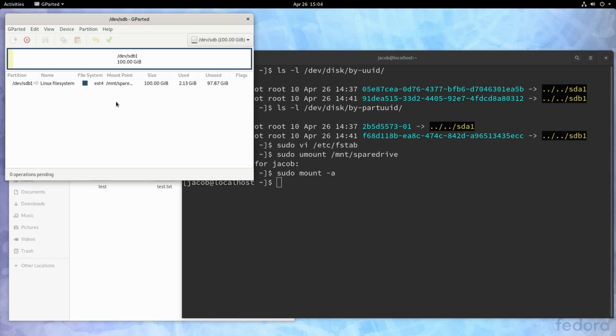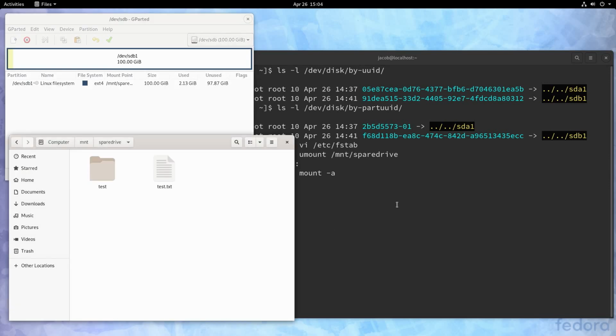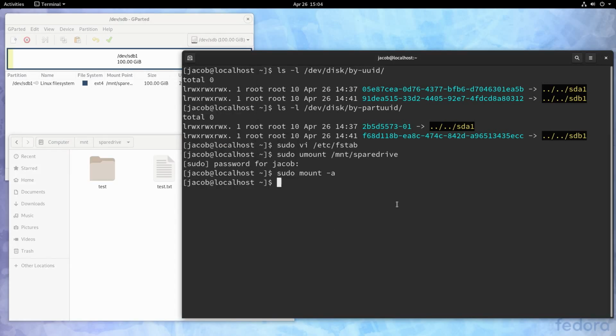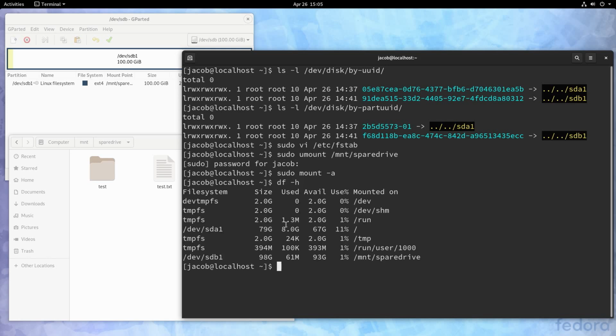We now have a single ext4 partition on the drive. However, what if I want to do something a little bit more complicated? We're not going to get too crazy in this video once again, since it is just a basics video, but I want to show you just a little bit deeper than what you might normally be doing. Right now, we can run df for disk free space, -h for human, and we can see that we've got /dev/sdb1 mounted at /mnt/spare_drive, and the size of that partition or that file system here is 98 gigabytes. What if I want to resize this partition so that it only takes up half the disk, then add a second partition on the remaining half?